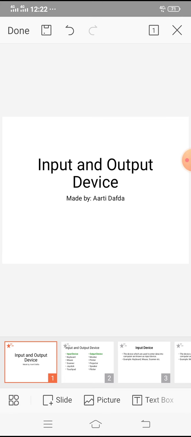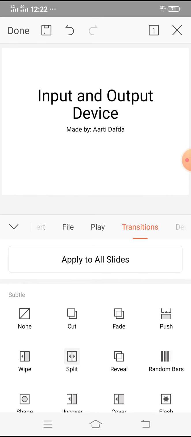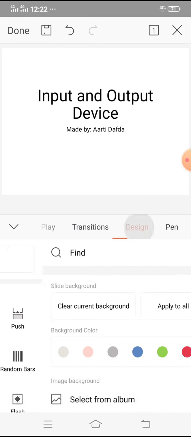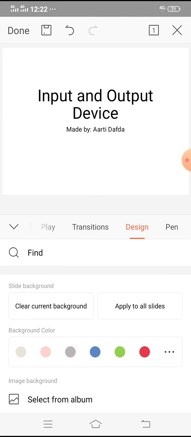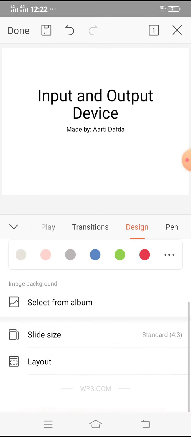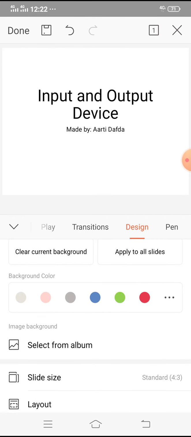Now I will show you how you can apply background color. Select your first slide. Now go to the design menu. You can apply a background image, otherwise you can apply a background color.